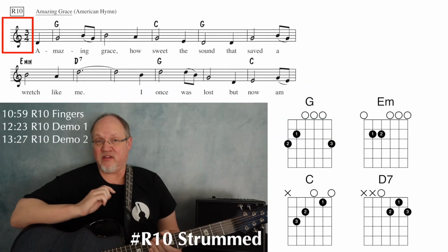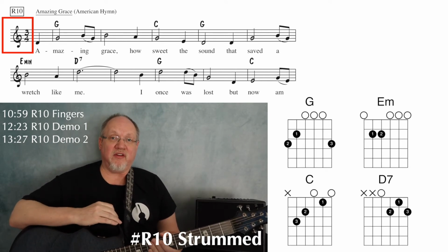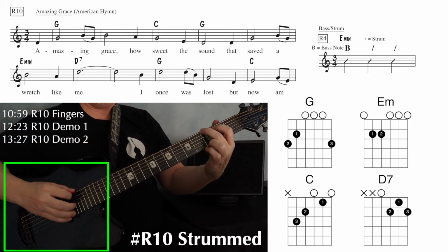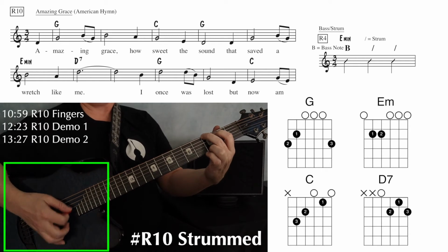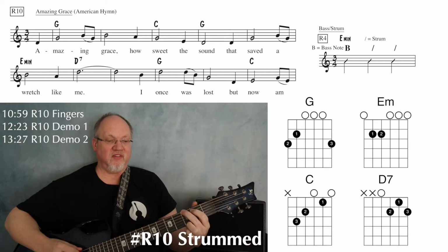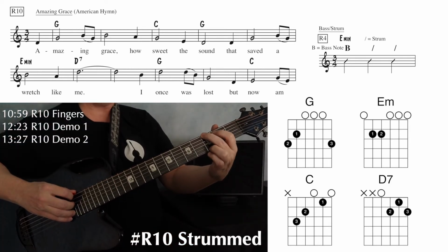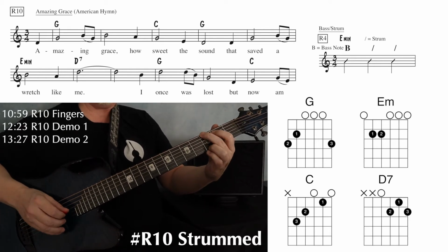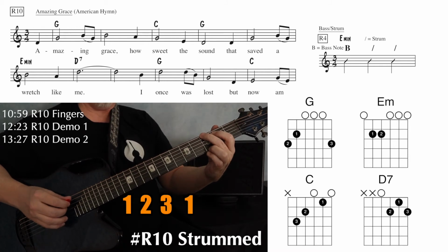So Amazing Grace is in 3/4 time, and we're going to practice this both strumming and fingerstyle. The strumming pattern we're using from page 7 is bass, 2, 3, bass, 2, 3. Bass on beat 1, strumming on beat 2 and 3. So at the beginning we have 2 measures of G, so that's the singer, "amaze," and that's where you come in. So the way I would count this in would be 1, 2, 3, 1, 2,